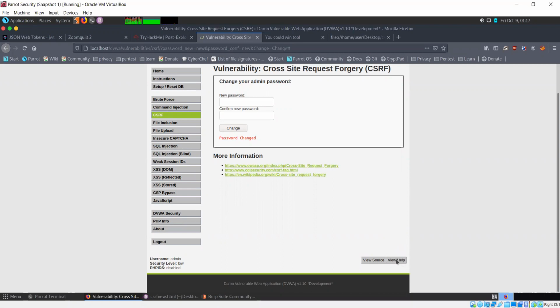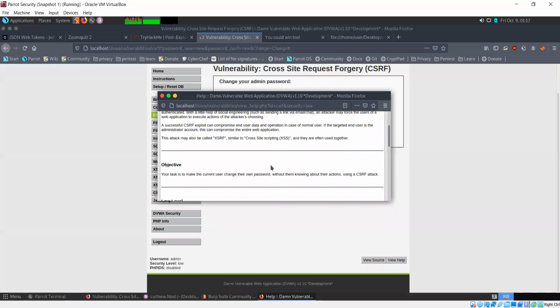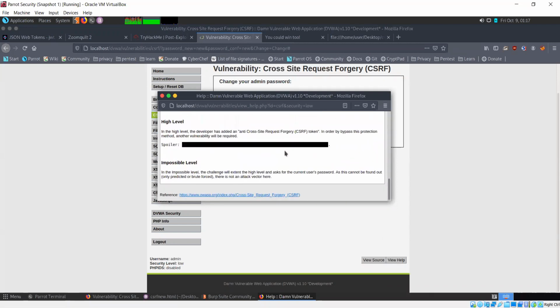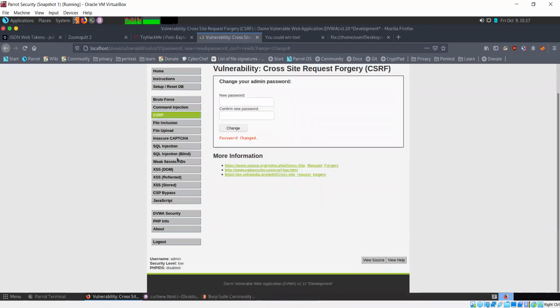There's also a view help button here. So when you're practicing and you feel that you're stuck, you can click on the view help button, and it will give you some details that can help you with your attack.